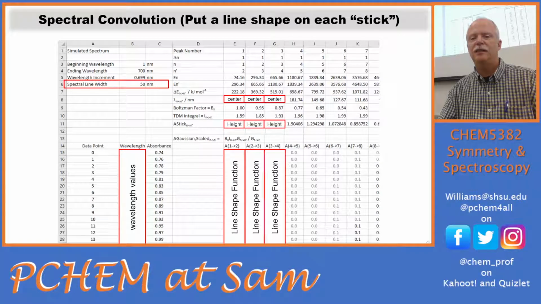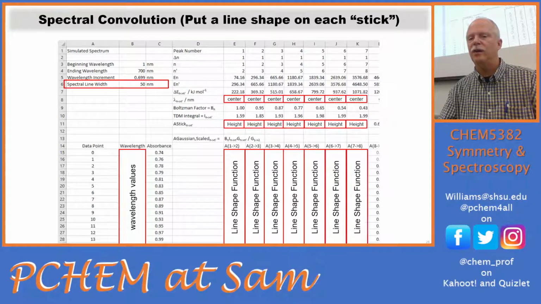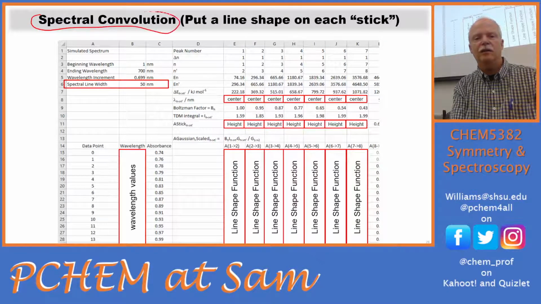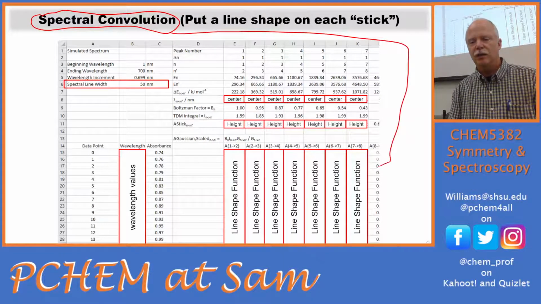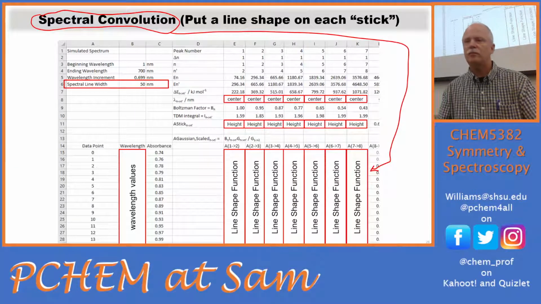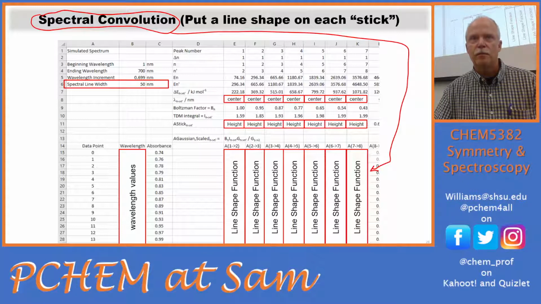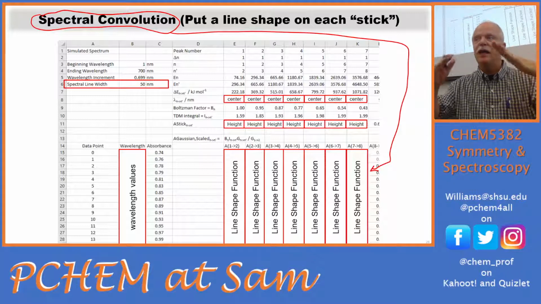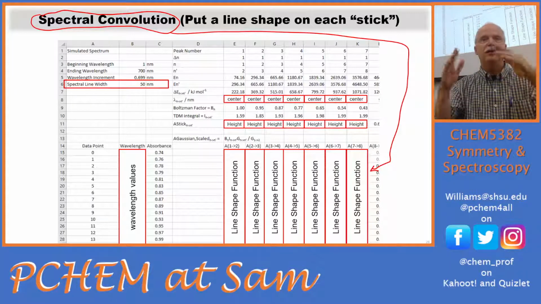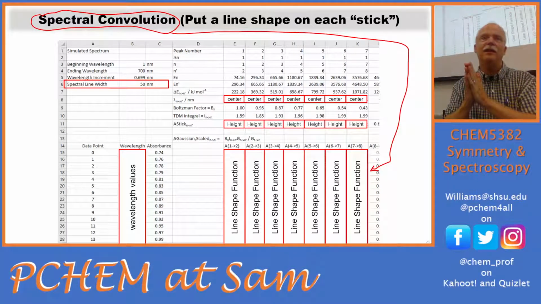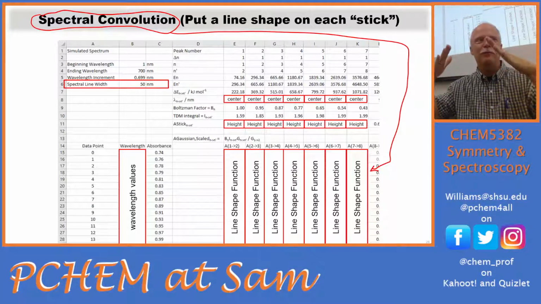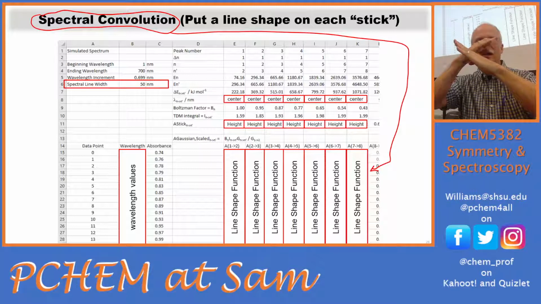Now, for the second transition and third and fourth, we calculate a line shape function for every one, and that's called spectral convolution. So this right here, we're putting a line shape on each stick. So we're just inflating our stick into a balloon or something. Yeah, we're just inflating those sticks into a line shape. And then because now they overlap, the sticks don't overlap; they're infinitely thin. You know what I mean, right? And so if we make them thicker, if we balloon them out, then now they overlap and they will add